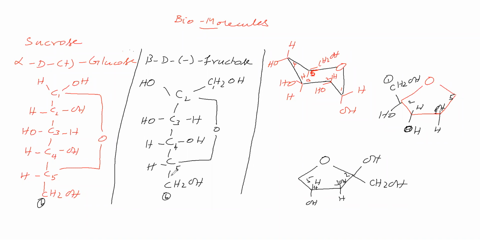Then C5 carbon contains CH2OH and H. CH2OH we will write at top here. For this case we have to write top, but in this case we have to write down. So better you remember this. In this one, number 2 here, 3 here, 4 here, 5 here, numbering we have given. Left side means down. Sorry, right side means down. Left side means top. For this, you consider the reverse of this. This is reverse of this.